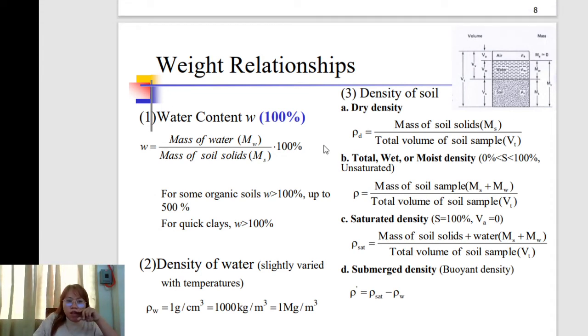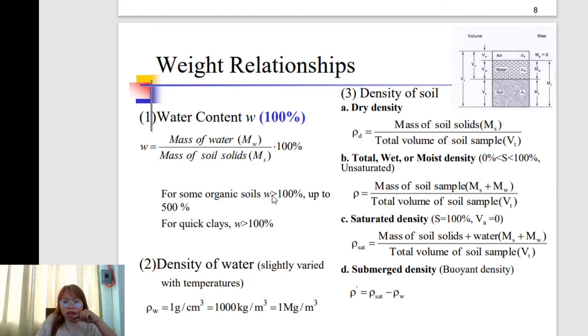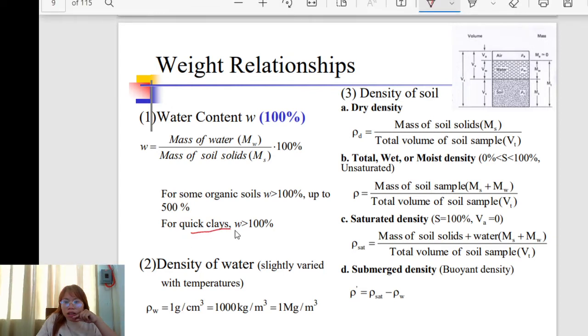We have the water content, also in percent. That is the mass of the water divided by the mass of soil solids, times 100%. For some organic soils, the water content is greater than 100%, up to 500%. No? And for quick clays, it is greater than